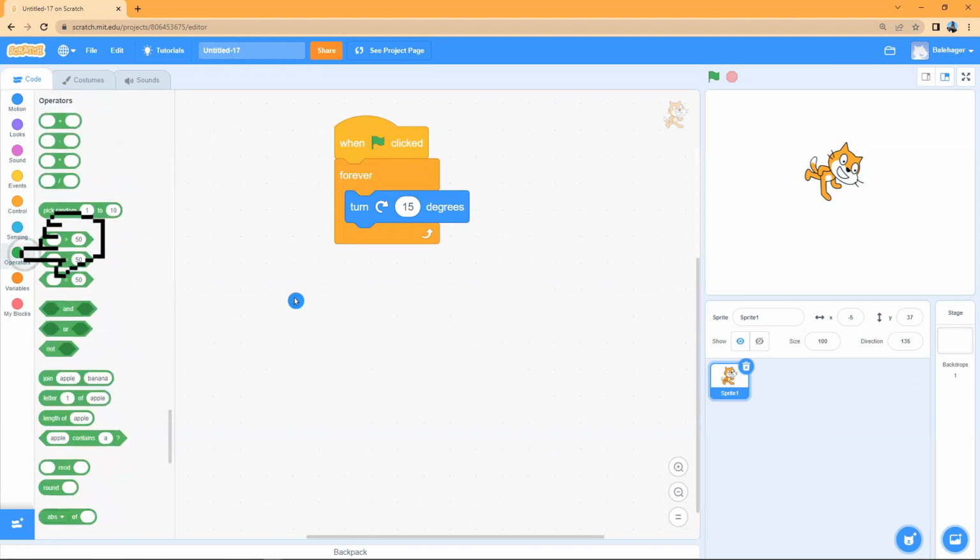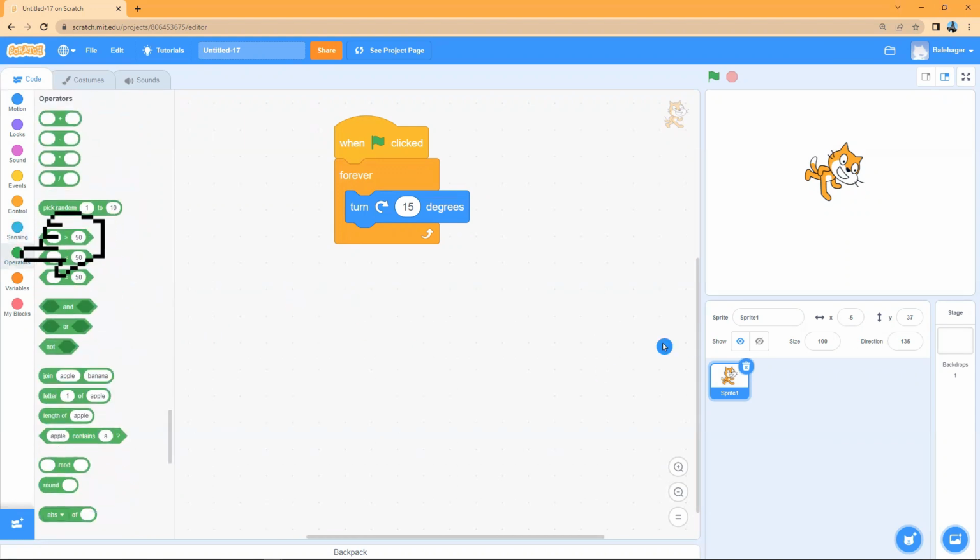The next one is operators. Of course, operators in Scratch programming allow you to perform mathematical and logical operations on values and variables. So you see that pick random means just random between these. Plus means plus these. For example,